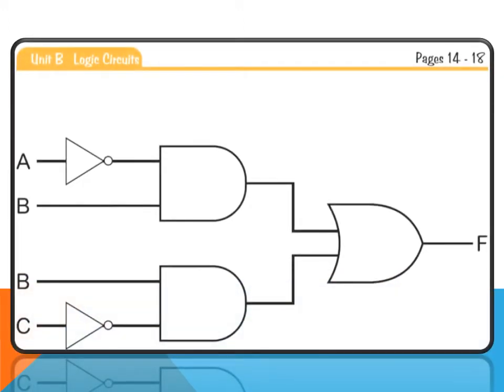So till now we were discussing what logic gates were, and then in the second unit we were discussing what logic circuits were. So today we are going to conclude this unit, and with that our tier 2 syllabus will be completed. So please pay attention and let us discuss some examples of logic circuits.